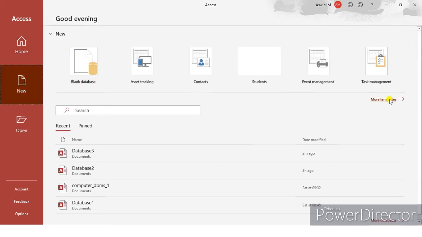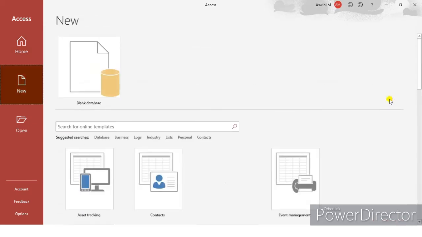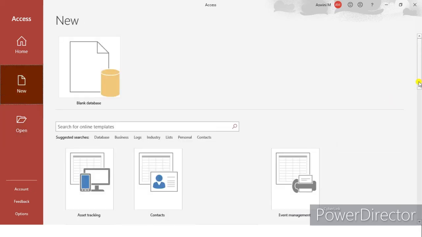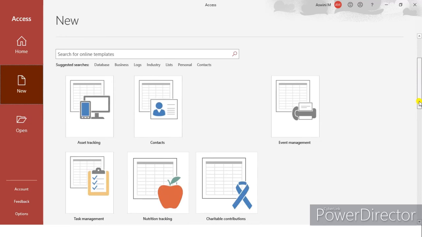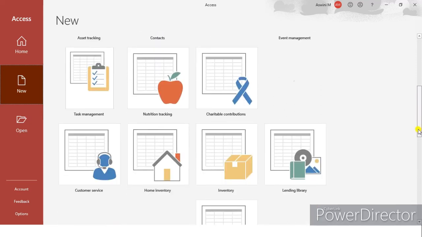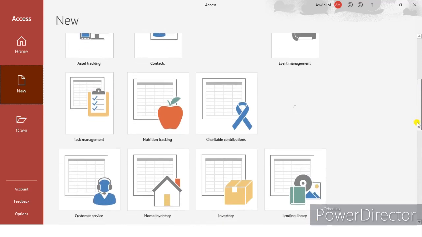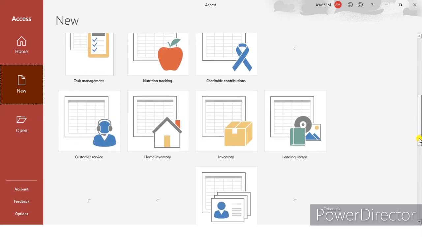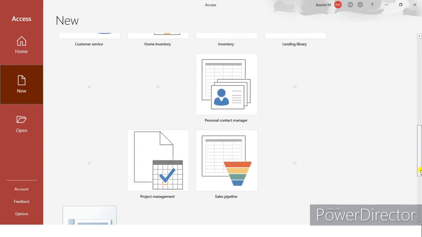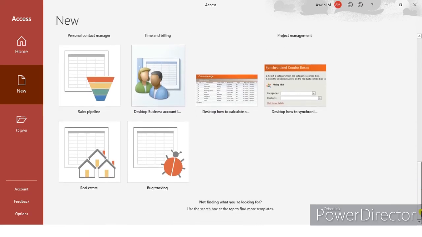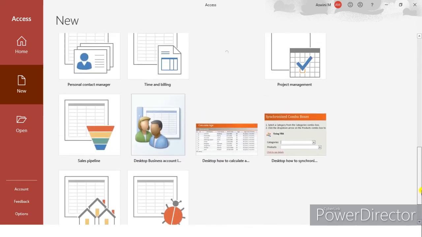We have to take more templates, which is here, and in more templates if you scroll down, you can see names like asset tracking, contacts, event manager, task manager, nutrition tracking. Then you have customer service, home inventory, then project manager. There are many coming. You can choose whichever template you want.